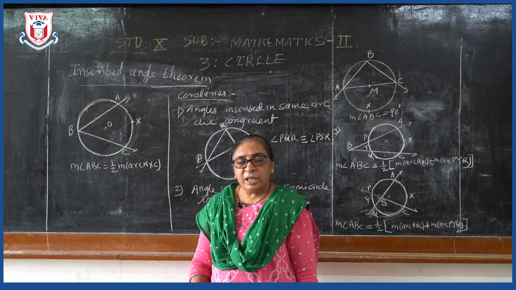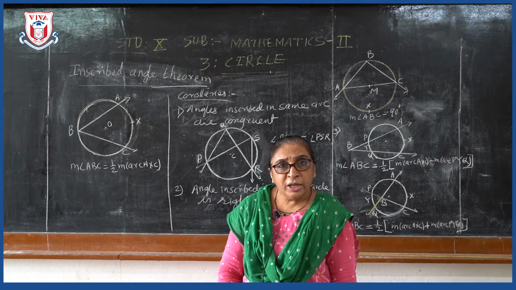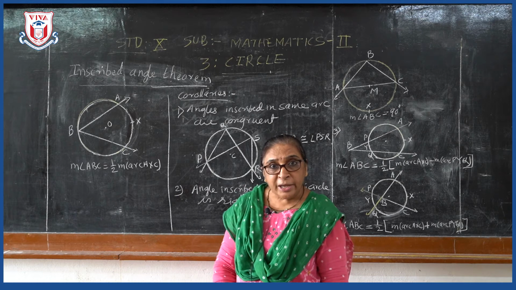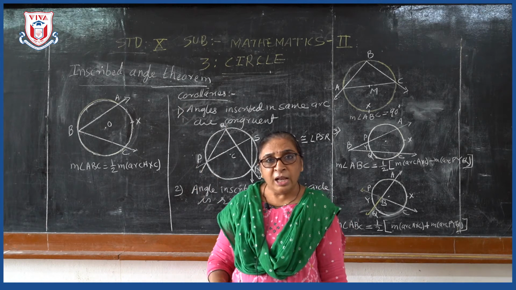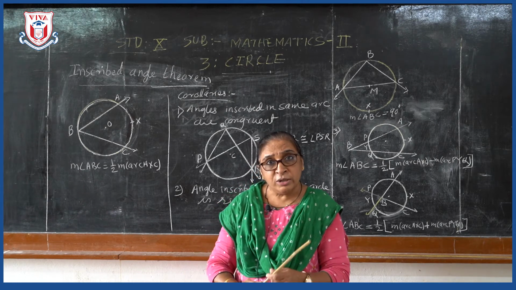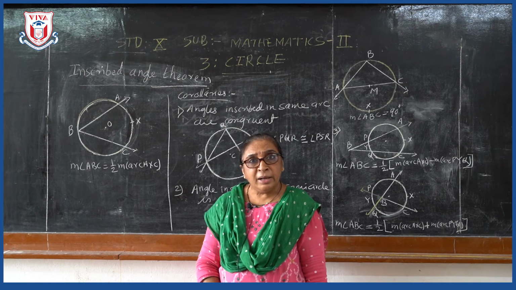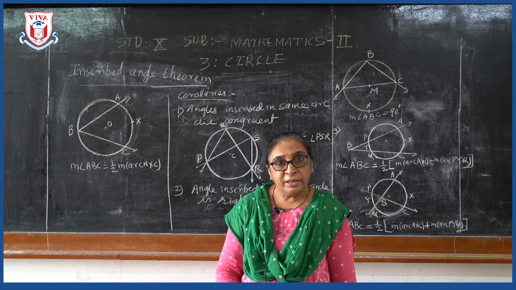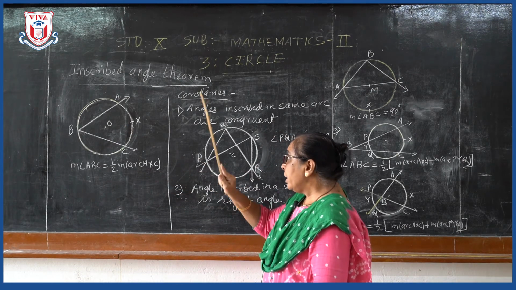That is the theorem. The complete proof is already given in the textbook, and that is why I am not repeating it. You can see that proof properly. First, it is proved by taking one side of the angle passing through the center, and then with the help of that the other two cases are also proved. So, now you just remember that the measure of the inscribed angle is always half the measure of its intercepted arc. That is the theorem, and this statement for this figure you can remember.